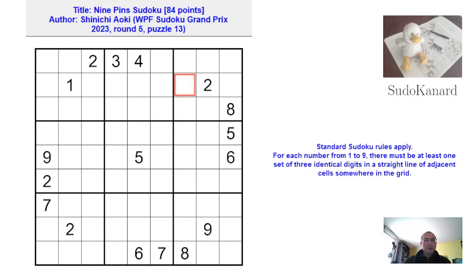So the special rule of 9-pin is that for each digit from 1 to 9, you must find a place like this where three identical digits are on a diagonal line. So in this case, what could it be? Well, I don't know. For example, here it could be a 7. So you must have three identical digits in a diagonal line here, and you must have this for every digit